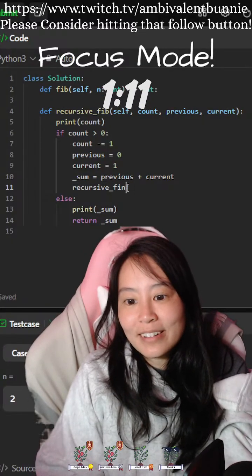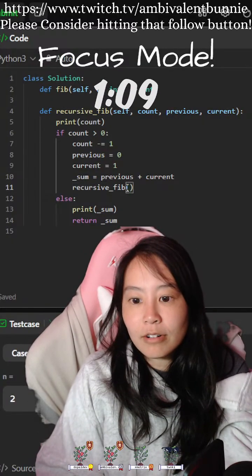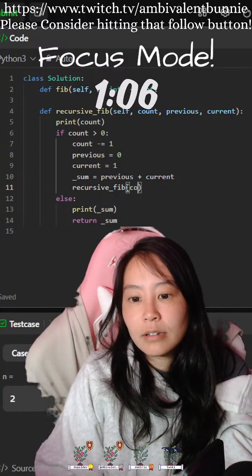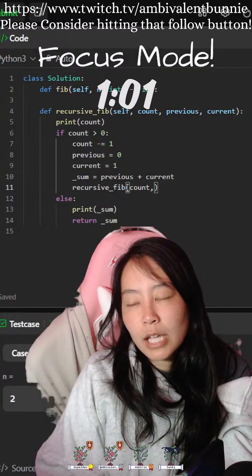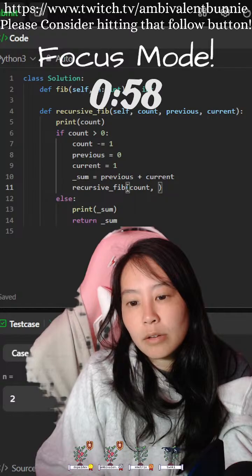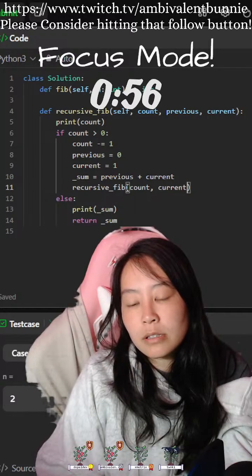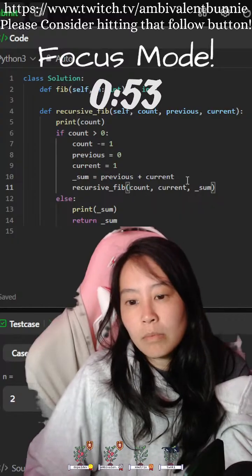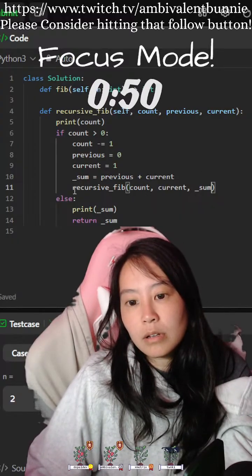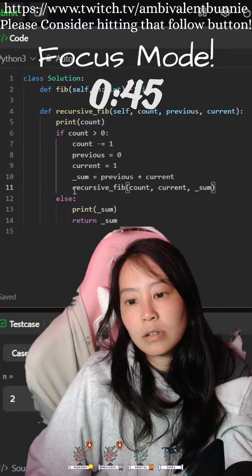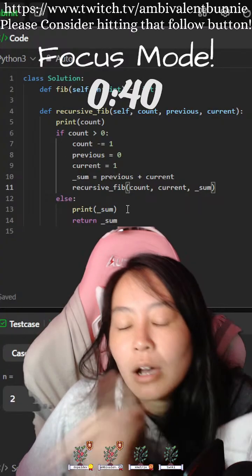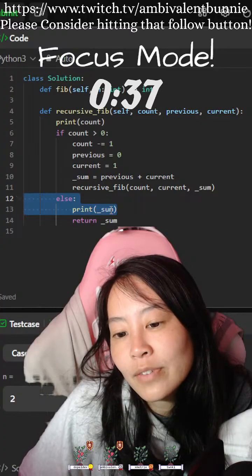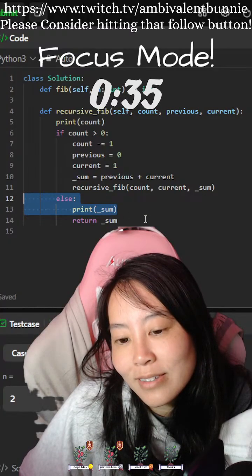Recursive fib would equal count, and then we would do current and then sum. Oh, wait. No. So we don't even need to do this.